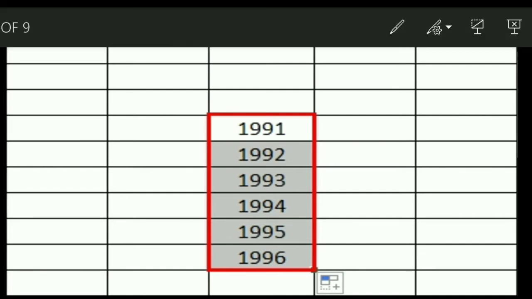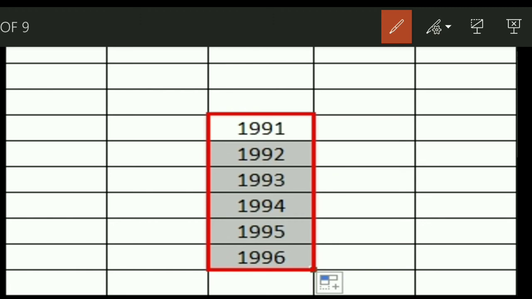Now if you see in this case, this is the fill handle, the square button. First you have to write 1991 and 1992, and the rest of the cells you don't have to write. The computer will understand that after 91 is 92 and after 92 will be 93. So you drag the cell till here, and automatically you will get 93, 94, 95 and 96. Even if you want to enter even numbers, write 2 and 4 in the first two cells, then use the fill handle and drag it down, and automatically you will get 6, 8, 10. So this is the function of the autofill feature. This is one of the important features in MS Excel.